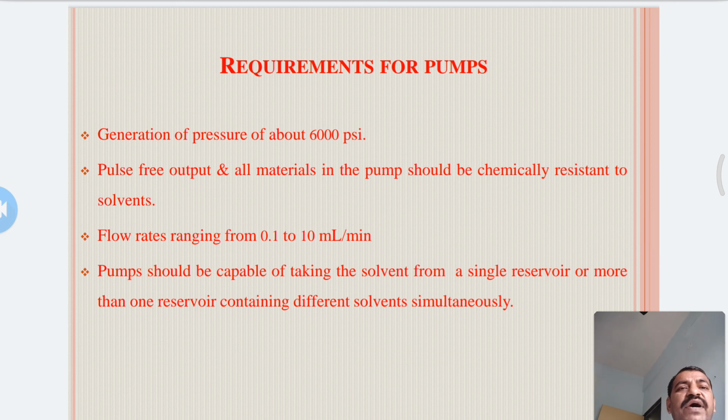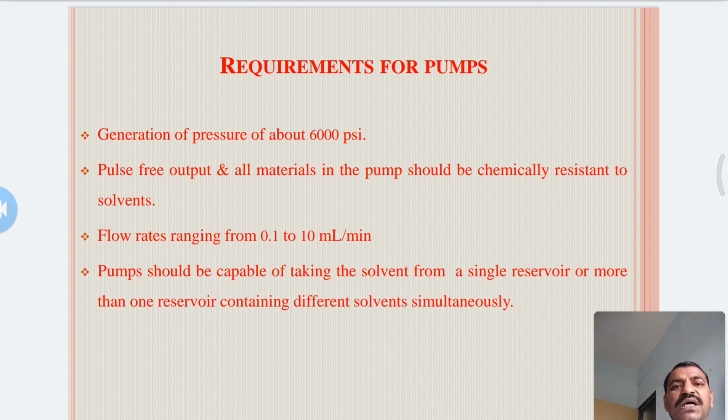Second is the requirements for pumps. Pumps require a high pressure of about 6000 psi or 414 bar, pulse-free output, and all materials in the pump should be chemically resistant to the solvent.